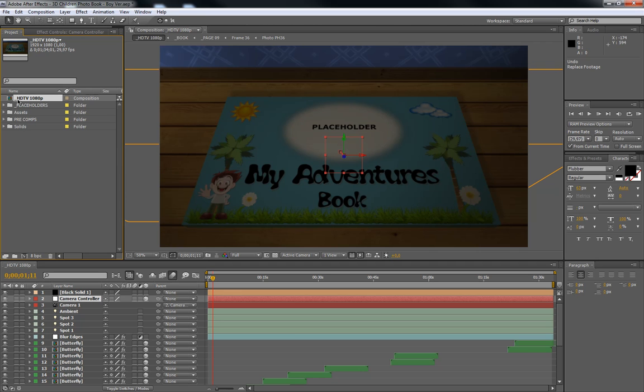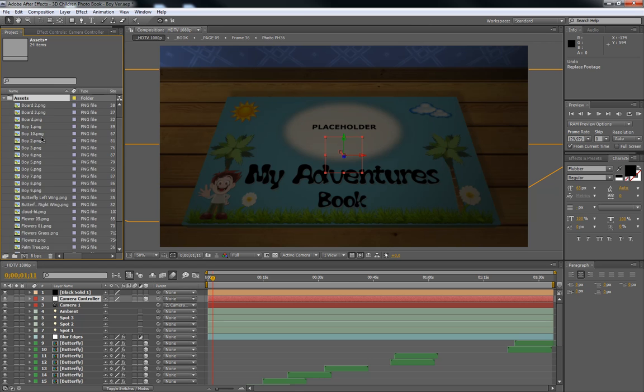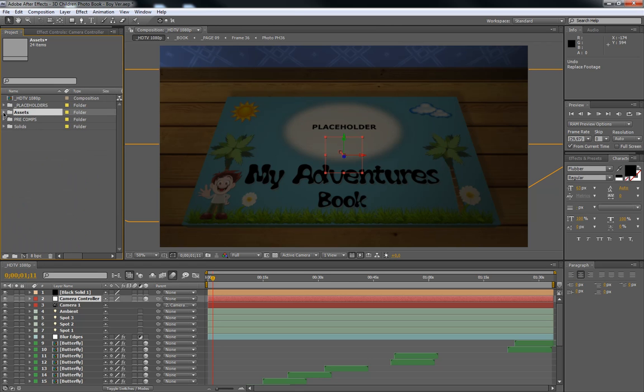And then we have 4 folders here, one with placeholders, one with all the assets that we use in the project that can be replaced, and one with the pre-comps. You only need these for, well, not for much. I tried to simplify it as much as I could, and in here probably you just want to use this one if you want to change the butterfly aspect. And the solids folder. Okay, so we're going to start with the placeholders folder,